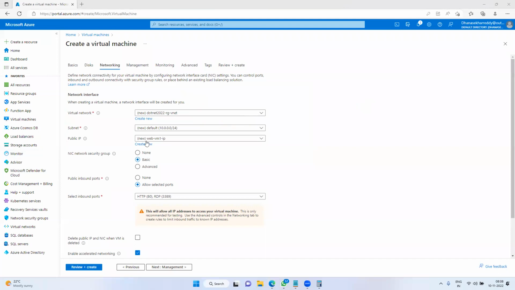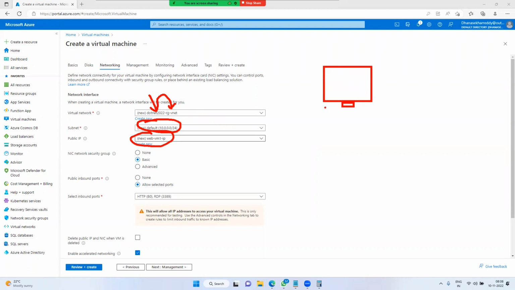Here I am giving a public IP. By default, as I said, this is public. That's why it is creating your resource group name -vnet, and this is the subnet, and this is the public IP. If we deploy any virtual machine in the cloud, by default there would be two IPs: one is public, the other one is private.